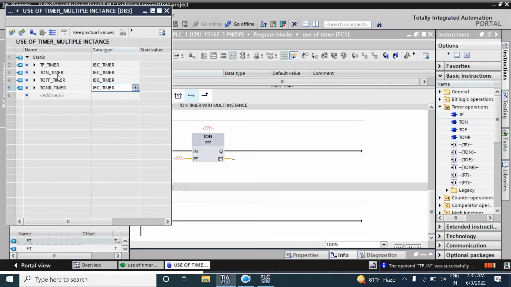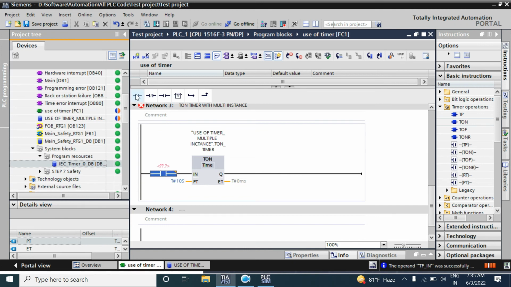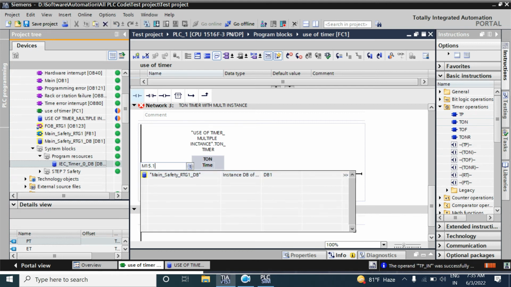Okay, now I am calling it and giving a 10 second time delay, and you have to give an input binary logic to make the timer function work, otherwise it will give an error during the download. It will not compile without it. So giving M15.1,